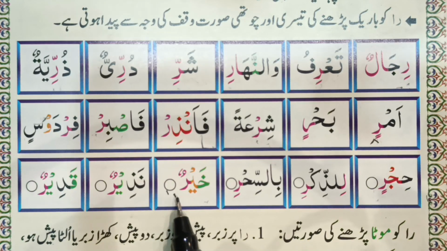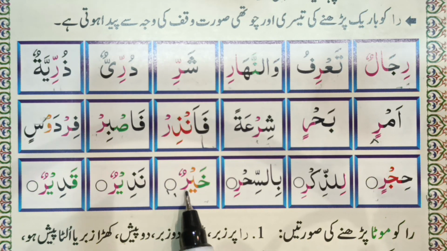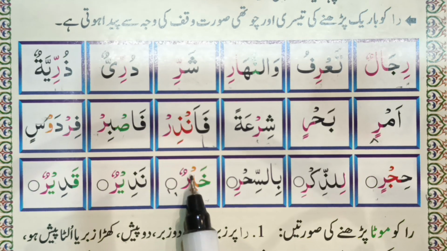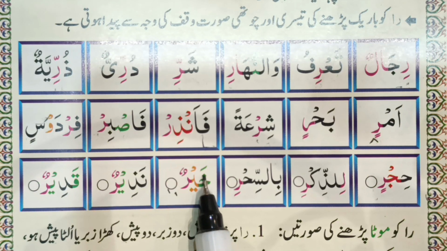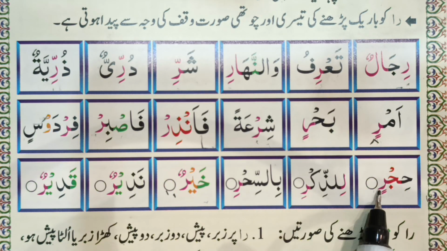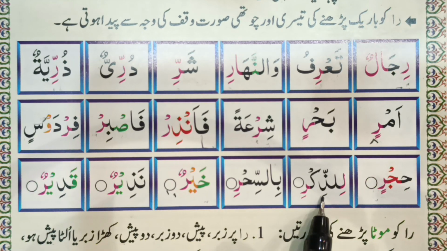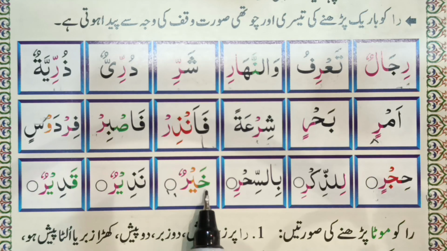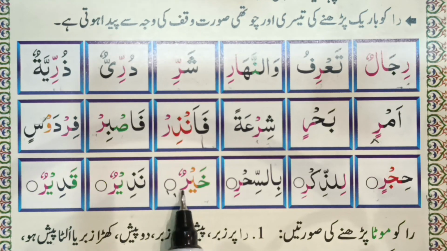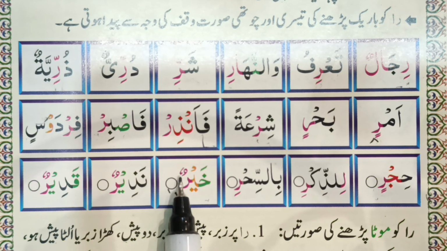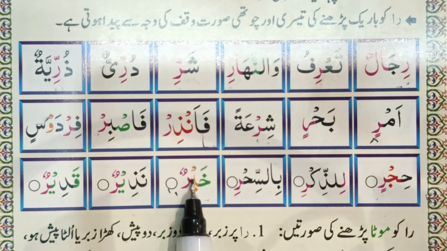Khair. This is the fourth rule. If we are pausing on the raa letter and previously is a ya that has jazm on top and the letter before that has zabar, in the previous words I told you the letter before had zir under it, and that's why we made thin sound. But now the letter before has zabar on top, yet we still make a thin sound. Why? Because the middle letter is ya. If you are pausing, the raa has jazm on top and the previous letter ya has jazm on top, so you will make a thin sound.